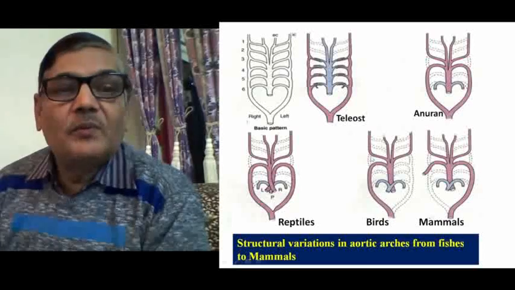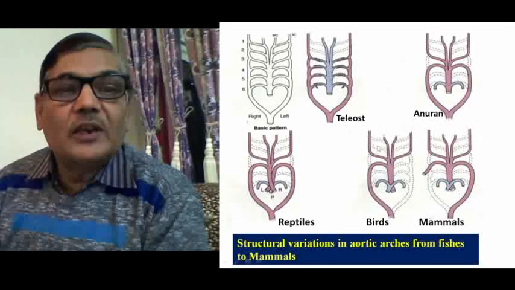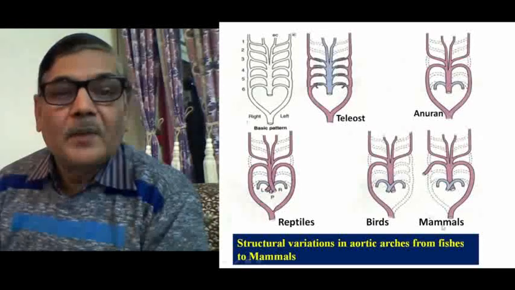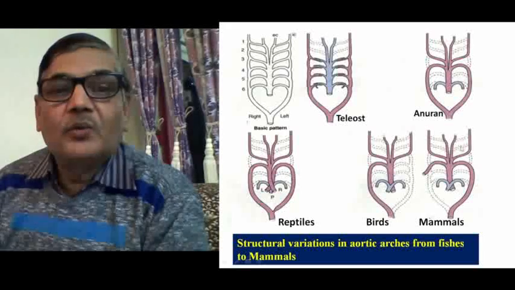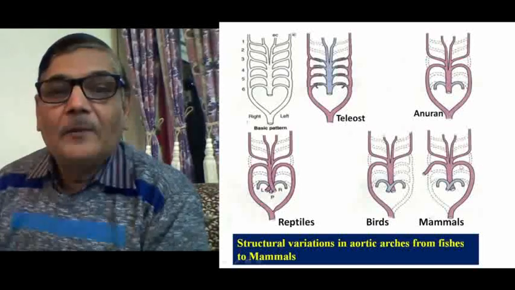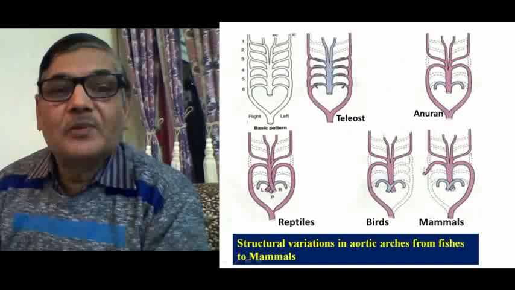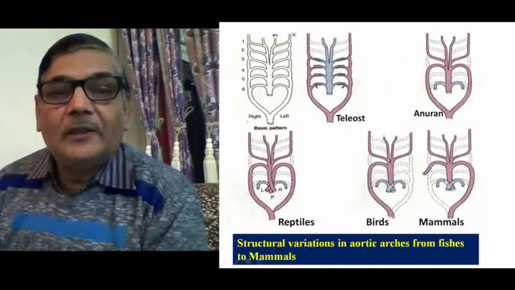In case of birds, we find the presence of carotid arteries. So these are the third, and the first and second are totally absent. Here only the right systemic artery is there, and these 2 are right and left pulmonary arteries. In case of mammals, the third one is in the form of carotid artery. Then it is the left systemic artery that is present in case of mammals. The right one is not there, it is in the form of simply subclavian artery. And then there are right and left pulmonary arteries.